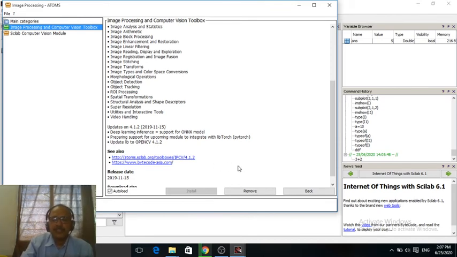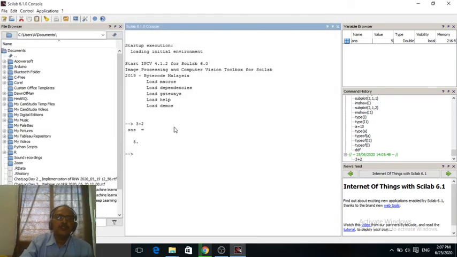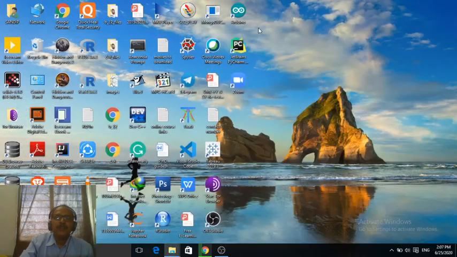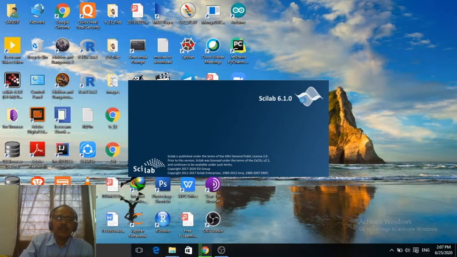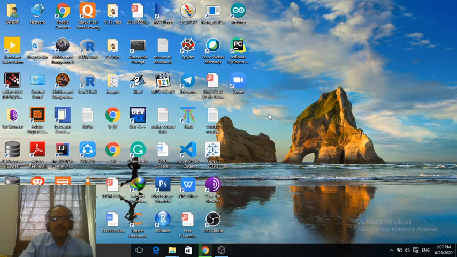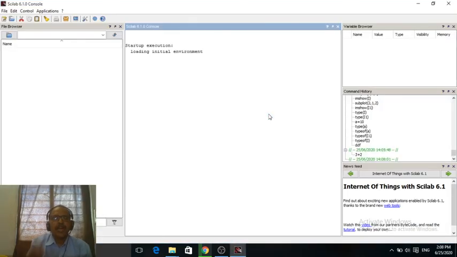After successful installation, you need to restart Scilab. So close Scilab and open Scilab again. When you restart Scilab, it opens the Scilab window again, and you are now able to do different types of image processing applications.